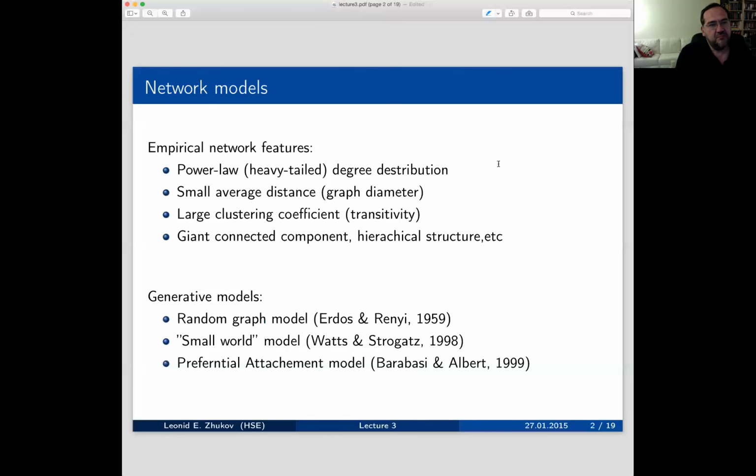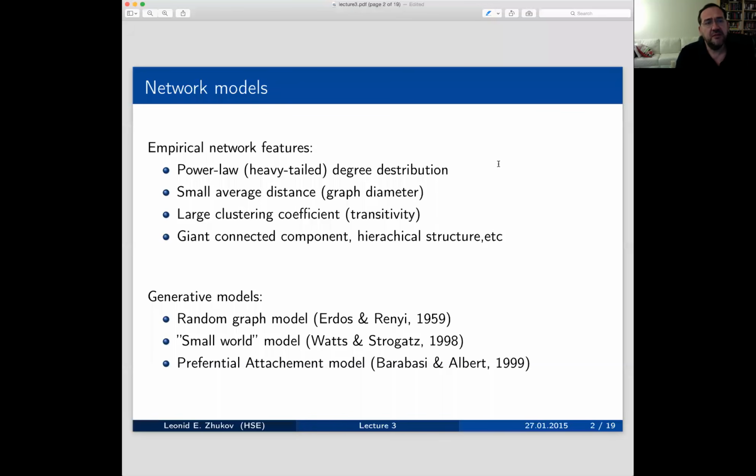So we're going to talk about a few models that will allow us to sort of predict network features, network behavior. They're models, and being a model means trying to have a simplifying view of the world, which means they will describe certain features, but will be far from perfect. So there are several models out there. Actually, there are a lot of models today that try to describe networks, but there are several basic models. Everything else is somewhat derived from them.